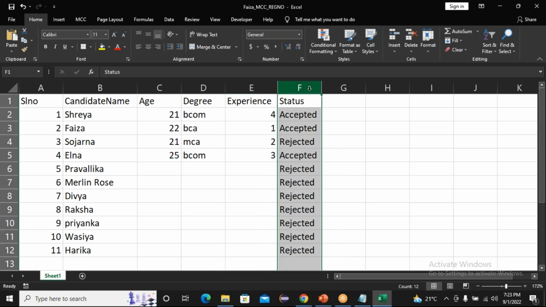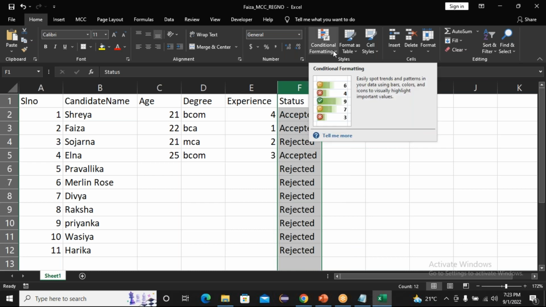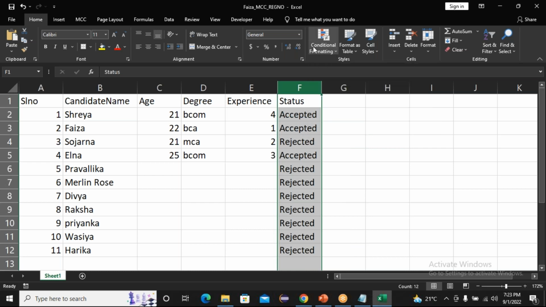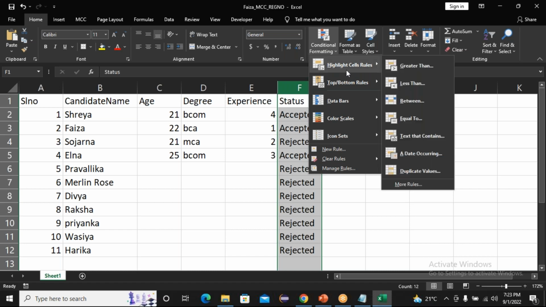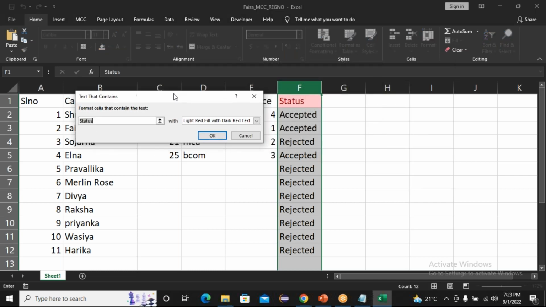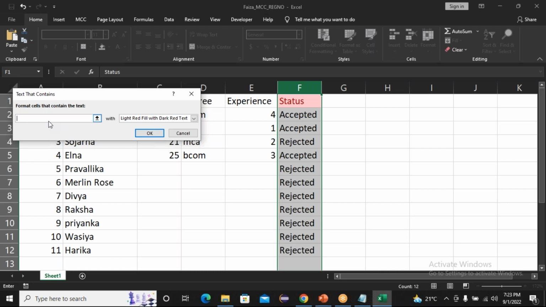I'll just click on this F column. Just click this F column over here, and you can find the option conditional formatting. For the presentation, we're going to apply it. I'll click on highlight cell rules. So go to conditional formatting, highlight cell rules, and text that contains. Okay, got it clear, right? Text that contains, and here I'm going to give the word accepted. Then I can go to this dropdown option,